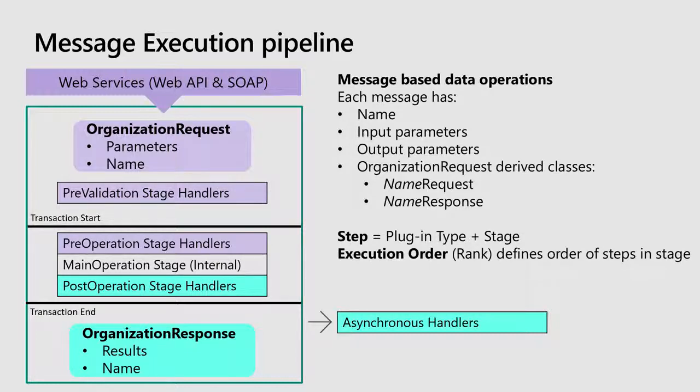So immediately following that, the main operation is the internal stage. Up to this point, the only data that you have is the input parameters found in the organization request. After the main operation stage is completed, now the organization response is available. And so if you created a new record, it now has an ID assigned to it. And this is the best place if you want to create some sort of automation, some additional tasks or some additional data after the fact. This would be the right place to do that. And of course, at that point you're working with an organization response. You can also change some of the data that's going to be returned. And if you configure it as an